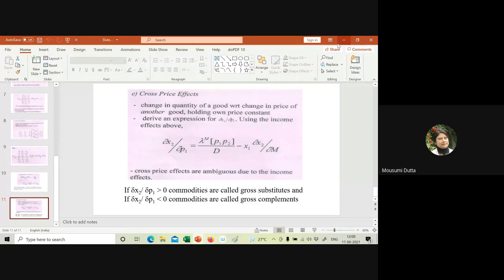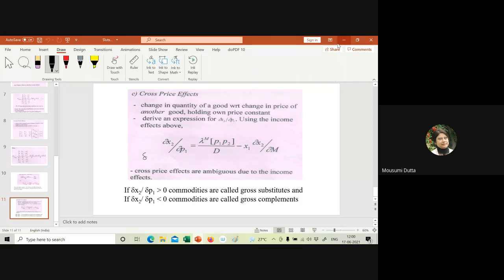Because now I am getting in terms of x1, so it will be x2 into del x1 by del m. This has been written for commodity x2. So in your case, it will be del x1 by